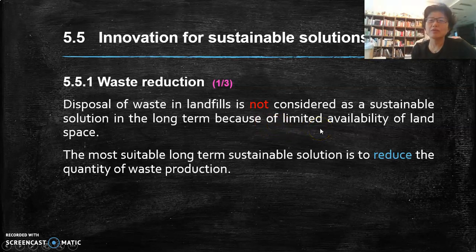If you have ground available, vacant land on the surface, that you could use to construct more infrastructure like housing, roads, and rail tracks, but we are using it for landfills, that is like using land to contain waste. So it's a waste of good ground. A more sustainable, stable, long-term solution would be to reduce the quantity of waste, and that is why we